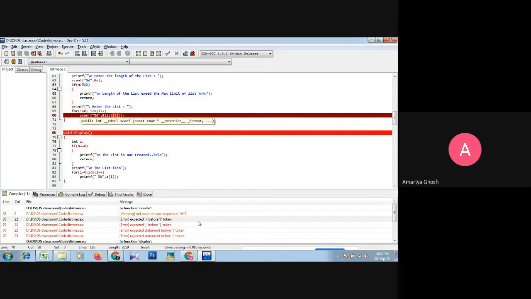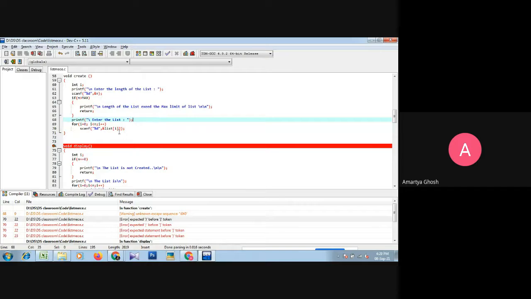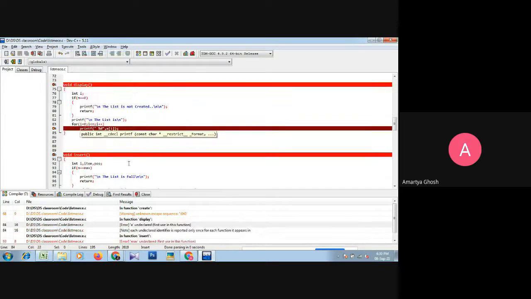Again the error in this line: one extra third bracket. Compile. So A is not the name of the array, it's a list. LIST.